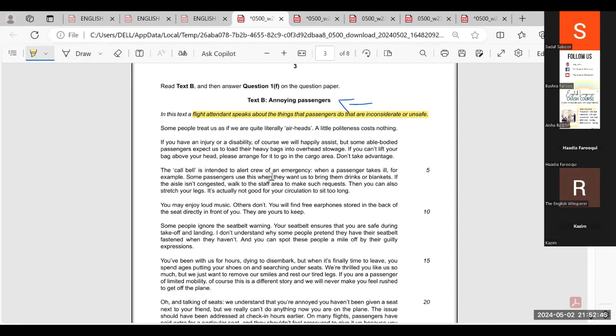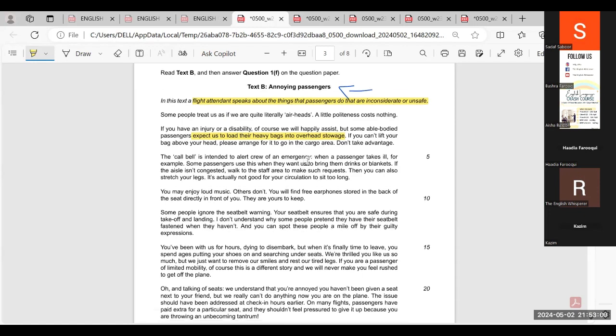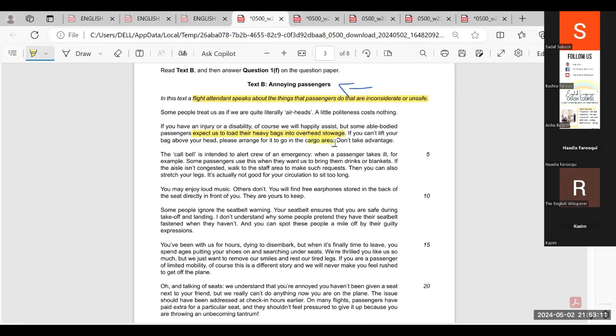So if, for example, it says that they expect us to load their heavy bags into the overhead stowage, what should passengers not do? How should they act? They should not have heavy bags for the overhead stowage, and their bags should be light enough that they can lift them themselves and not ask the flight attendant to do so, right? If you have heavy baggage, then for the safety and comfort of everyone, you should put it in the cargo